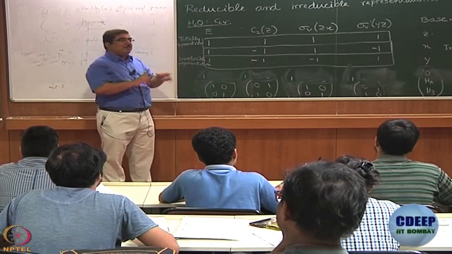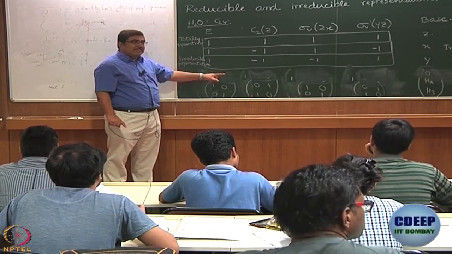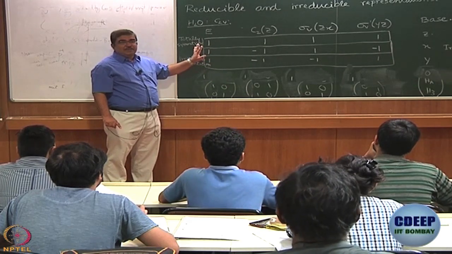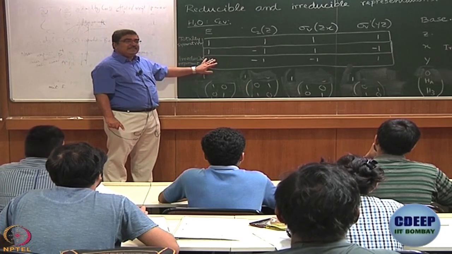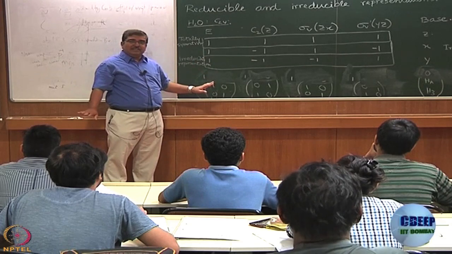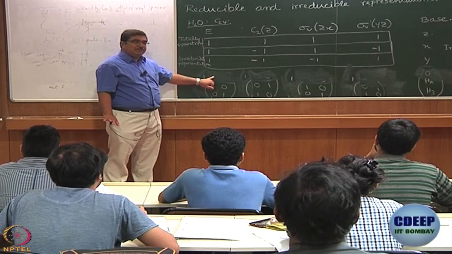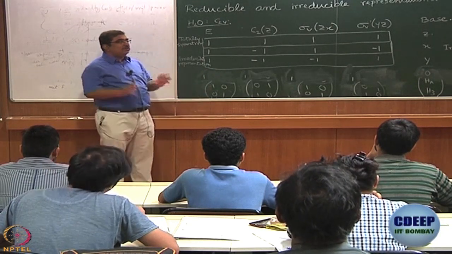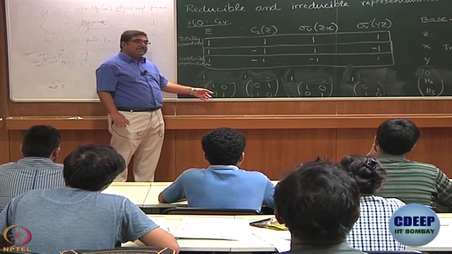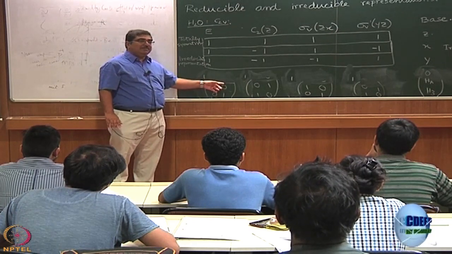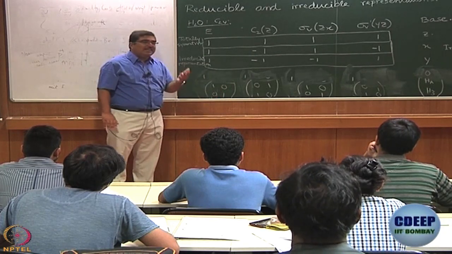Now, what we have got is, what are things we have understood? We have understood, first of all, that the representations you get depend on basis that you use, right. When we use x, y, z, we get some nicely reducible representation, which breaks down into 3 irreducible representation. But when I use O, HA and HB, I get one irreducible representation for sure, but I get another representation that is two-dimensional. At this stage, I have no idea whether this two-dimensional representation is reducible or irreducible. From the look of it, it is irreducible, right? But that just doesn't sound right, isn't it?